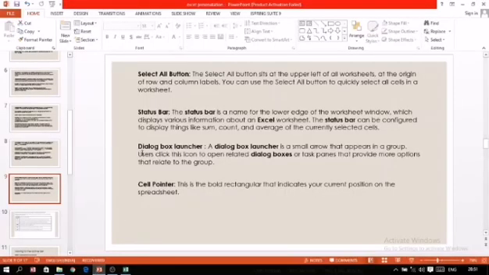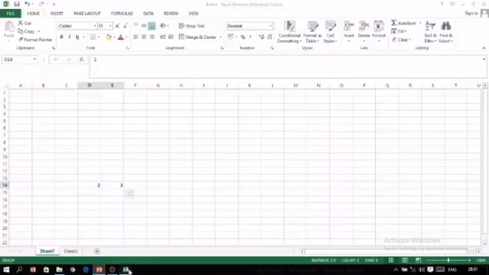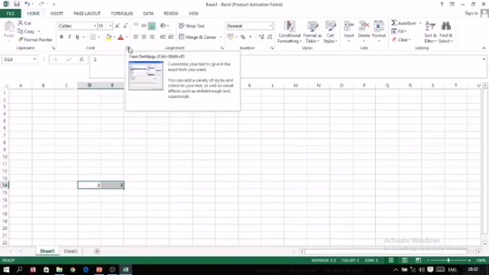The next is the dialog box launcher. In Excel we have different groups. For example, this is the font group, which contains some formatting for font and text, but all the options cannot be seen here. Because of this, in the font group towards the bottom right corner, a small arrow button is given.